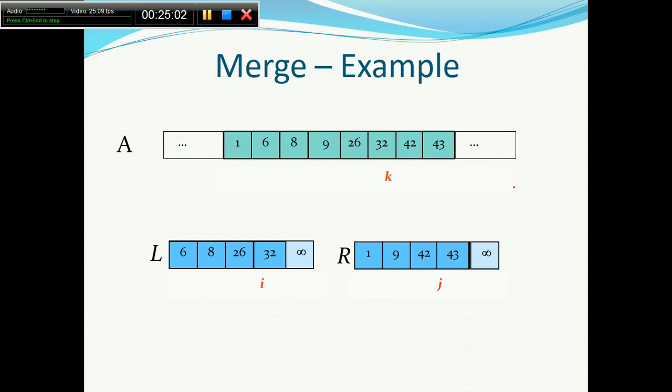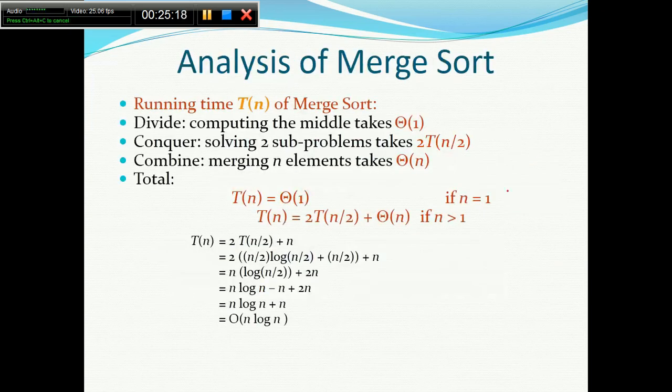algorithm. The complexity of this merging algorithm is order of n, that we have already seen whenever I am doing the time complexity analysis. So order of n we have, the number of levels is log n, so the overall complexity of merge sort would be order of n log n. Now we'll do some analysis again.